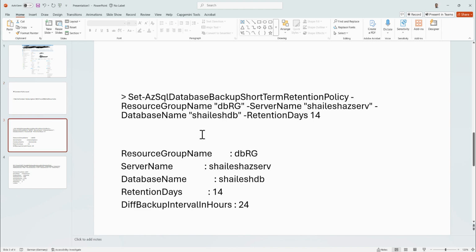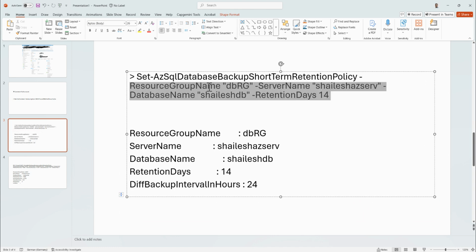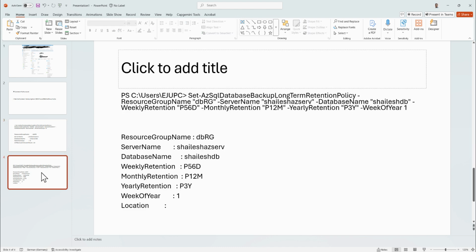The first command is to change your PITR value, that is point in time recovery. In my case, the default was 7 and I wanted to change it to 14. So this is the command with which I have changed it. This command is definitely working and tested, and this was the output of the command. Okay. The second command is to